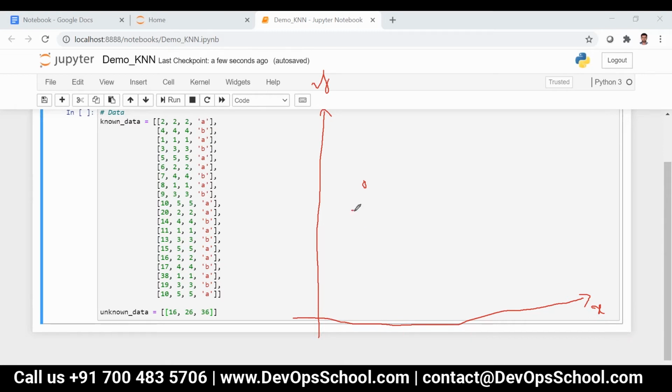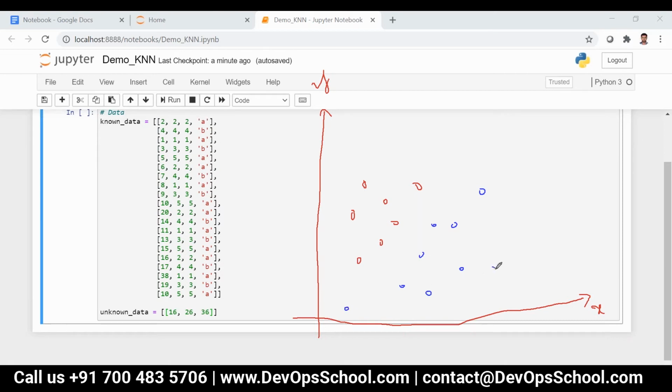Let it be here, here, here, here, here, and here. And I also have another set of data points in a different color, here, here, here, here, here, and here, like this.